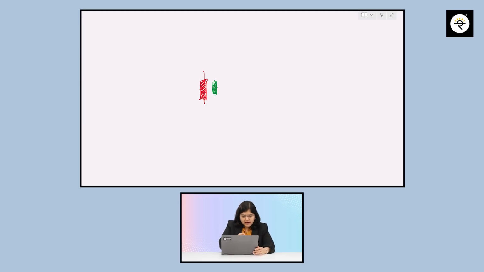Ready? Let's start. Now if you have a look at this, assume that we are in a downtrend, okay? And at the end of this downtrend, you can see a pair of candles. One, you can see this big red candle, which has a good body, and the wick is something like this. Then it is followed by one more green candle, which I've already drawn, within the previous red candle. I hope you have very clearly understood why it is called an inside bar, because the second candle is completely inside the previous mother candle.